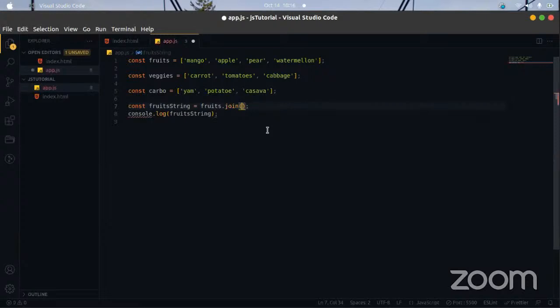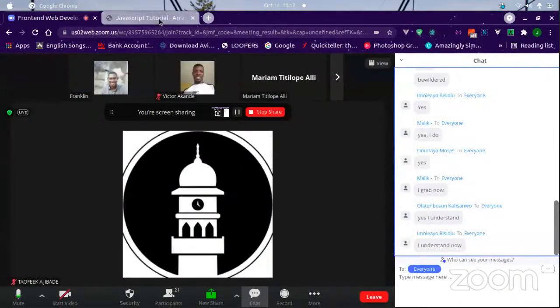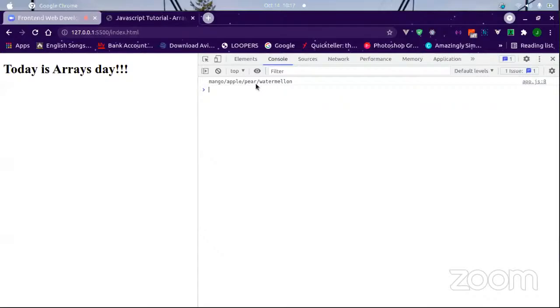Even if it is this, this will return an error, because that's for logical operations, so it will not work. Whatever we put is supposed to be in quotes, sorry. So let's say we put this and this should work. Sorry about that misconception. And you see that this is what we have.